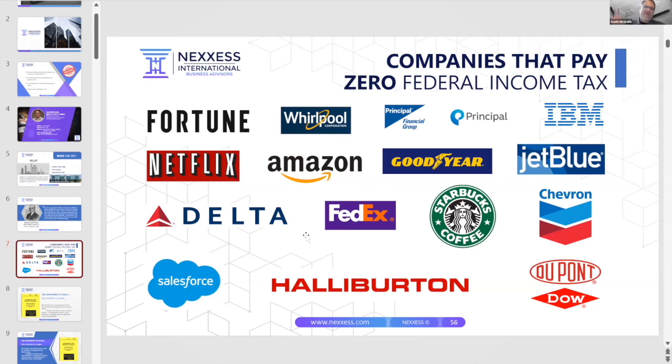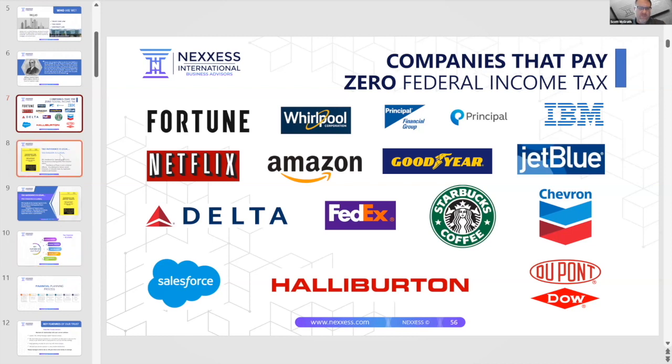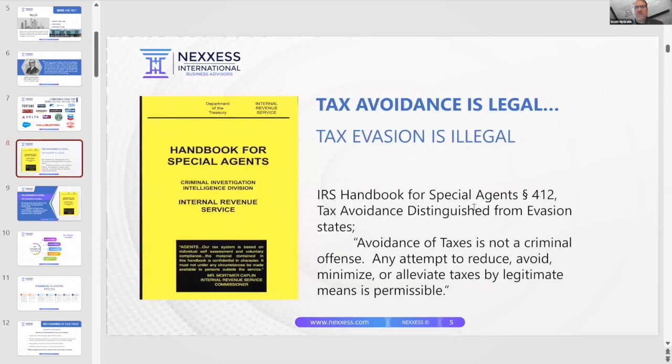You should be diverting that money into either a retirement account for yourself, or into a trust. So please don't give your money away to the government if you don't have to. Your grandchildren will thank you, okay? All right. We do not do tax evasion. What we do is what's called tax avoidance.